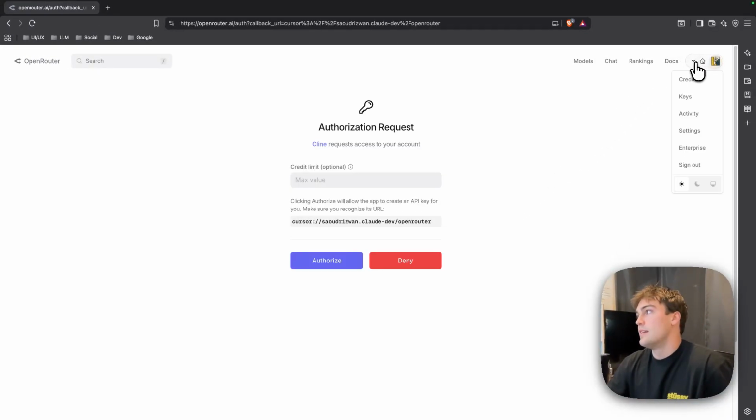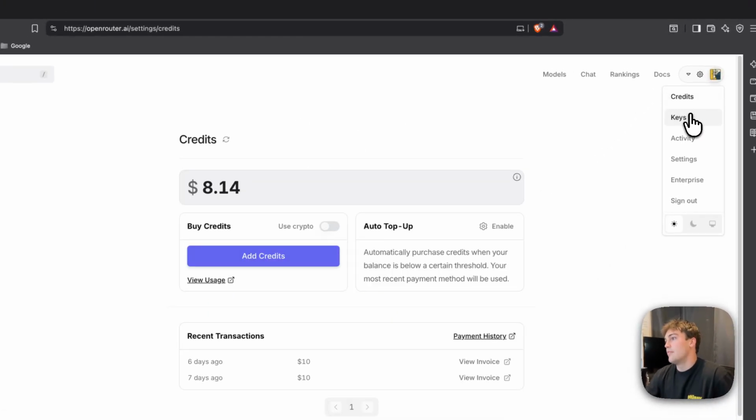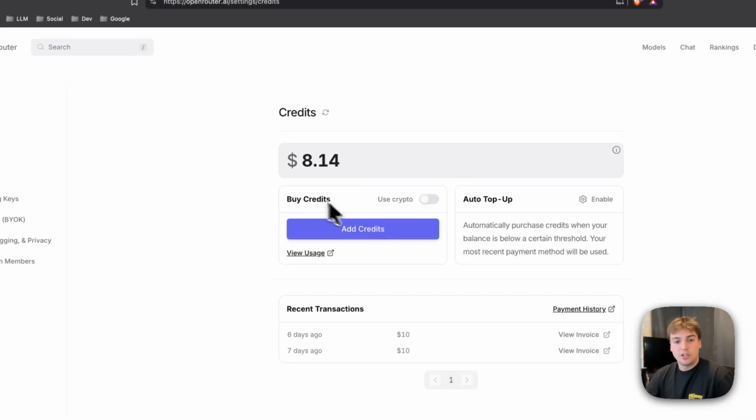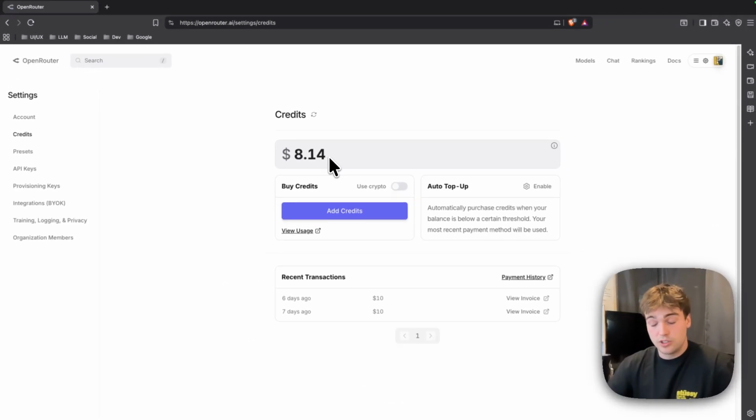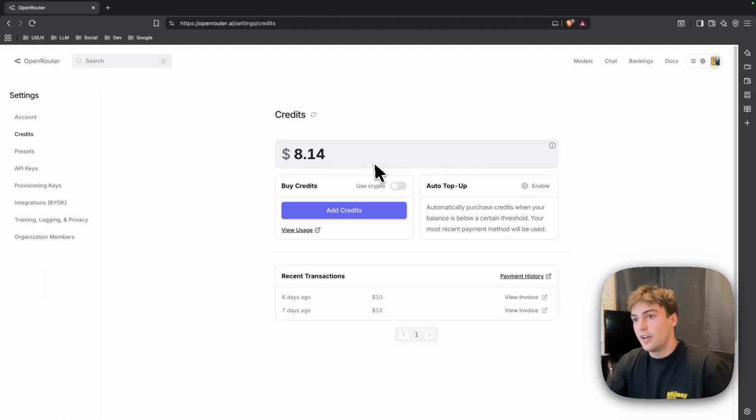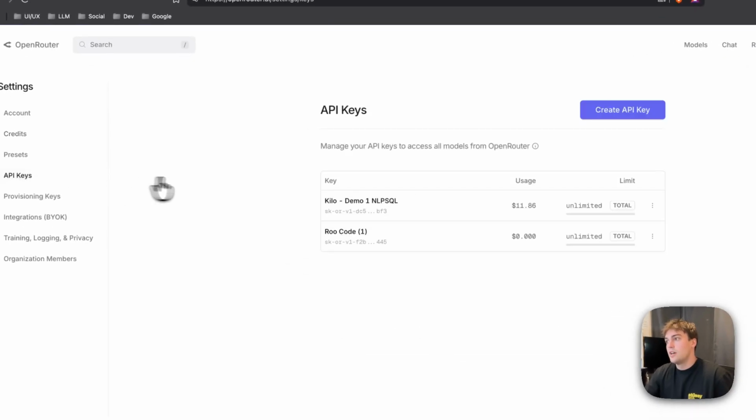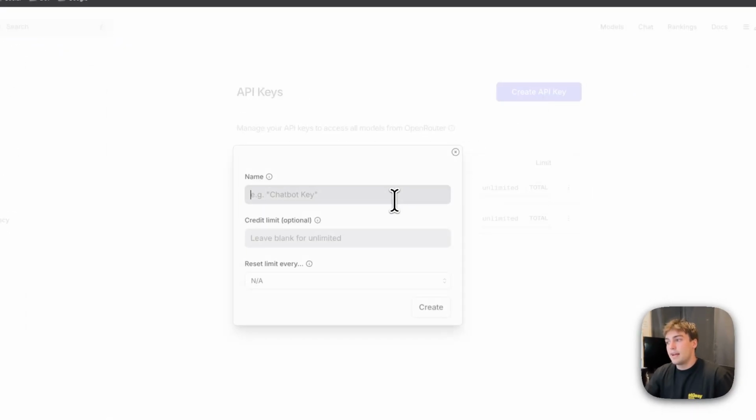And so inside of here, you'll see that I have $8 that I set up. You can do $5, $3, $2. Trust me, it'll get you enough to get started depending on what model you use. And so I'm going to create an API key, and we're going to call it Cline. I'm just going to call it Cline1. I don't know if I have one already. Credit limit, I'm just not going to even do one, but